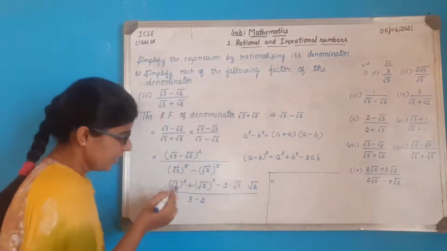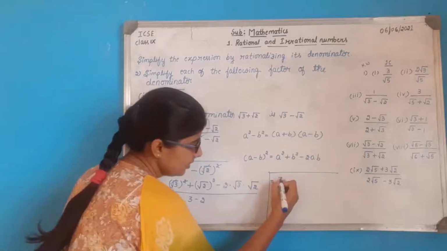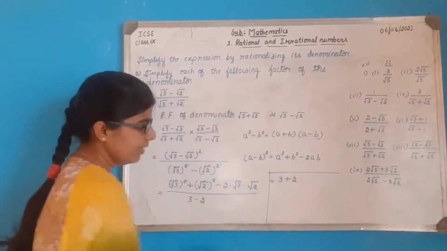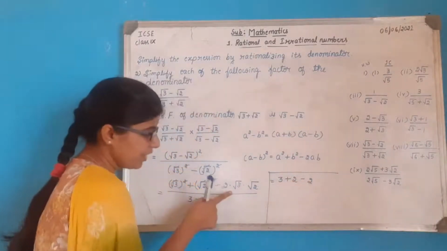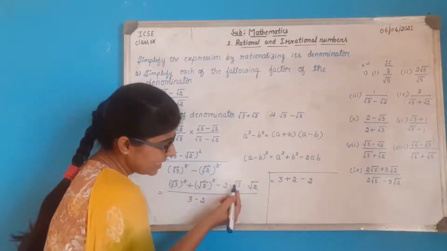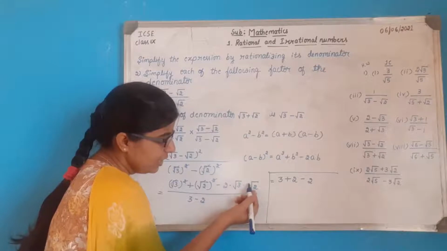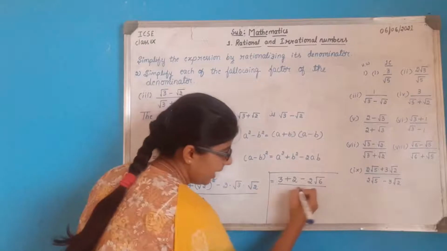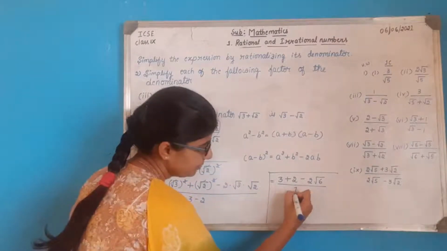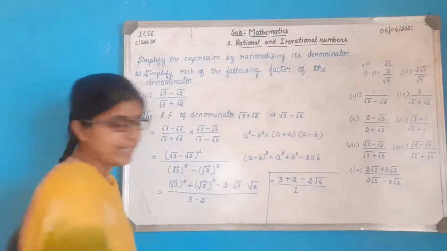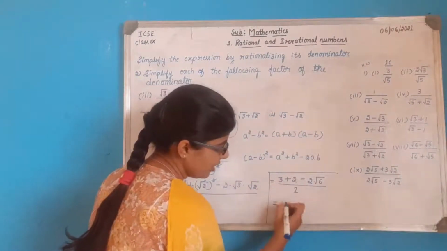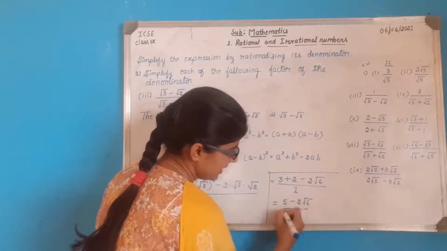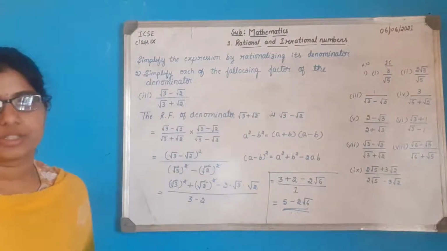Next step, simplify this. So 2 and square root will cancel, 3 remains, plus 2 and square root will cancel, 2 remains there, minus 2. So observe here, root 3, root 2. Here the index is the same for both, so we can multiply 3 twos are 6. That is root 6 divided by, so 3 minus 2 is 1. Next, last step. Add this, 3 plus 2 is 5, minus what remained, 2 root 6, is the answer. 5 minus 2 root 6 is the answer.